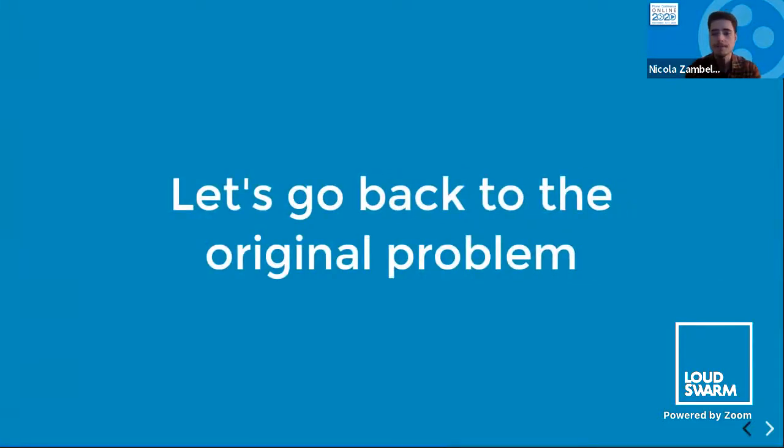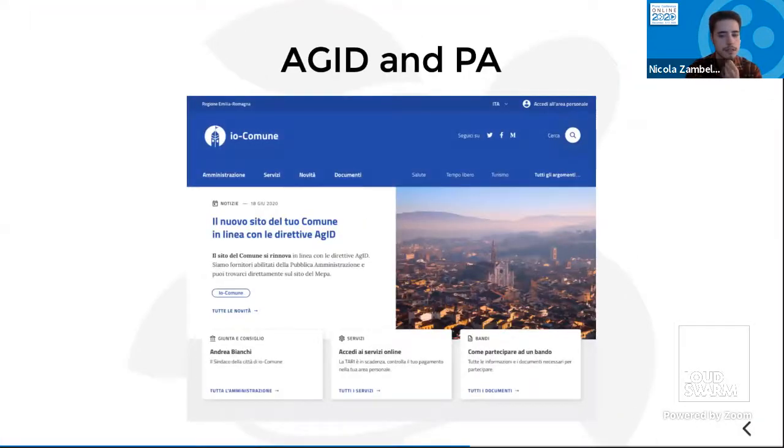But why are we here? Let's go back to the original problem. That was the added new cool theme. All of this started for making that theme for Volto. And after several months of work, it was like a year of time span. On Volto, it was possible to include a Bootstrap-based theme, and we started creating our Agid-based theme, and this is the result. This is a product named io-comune,